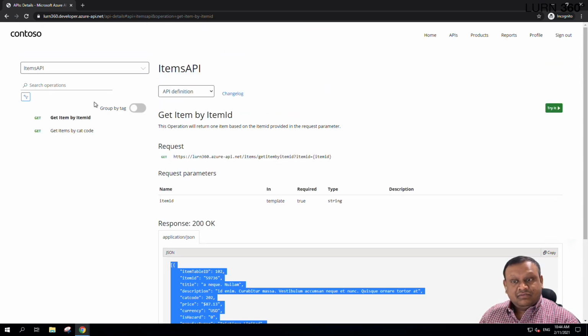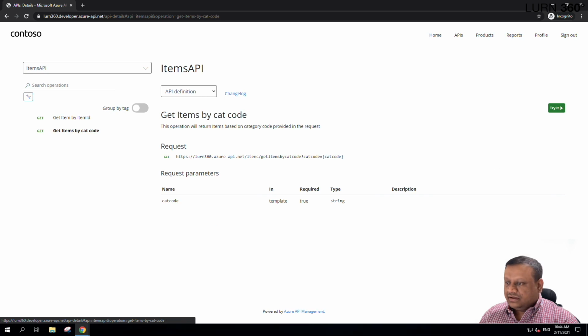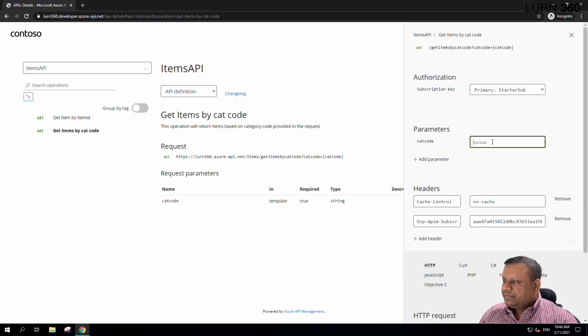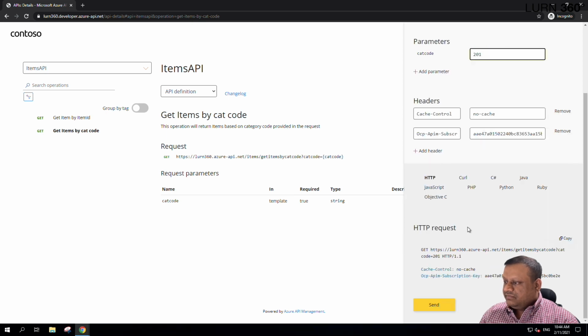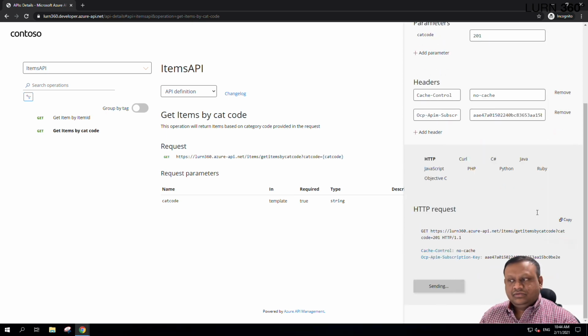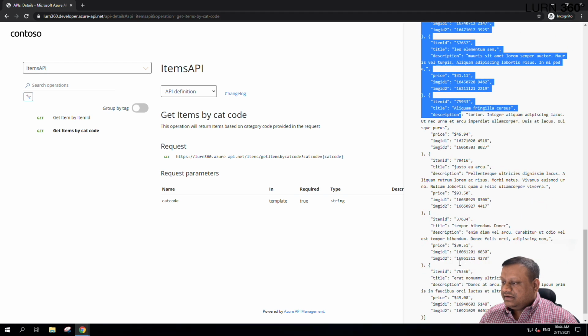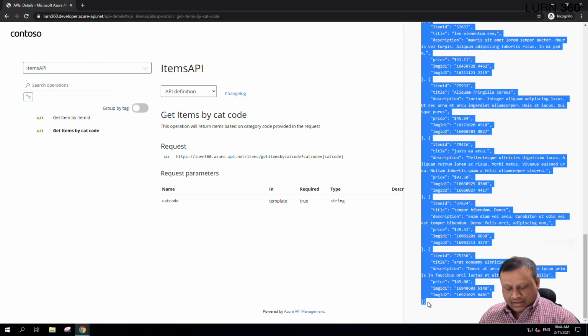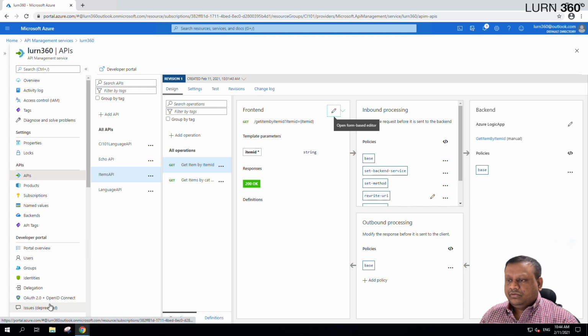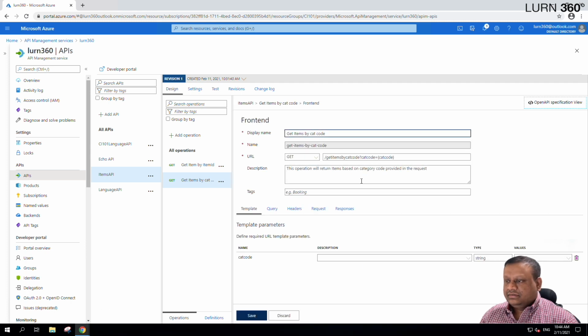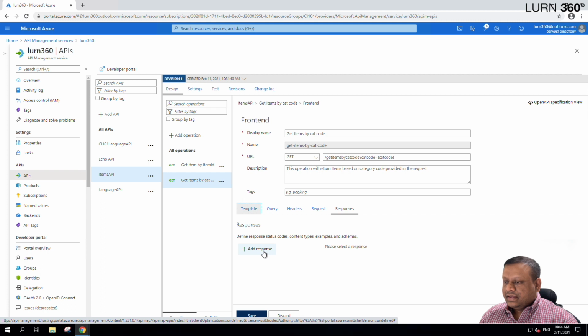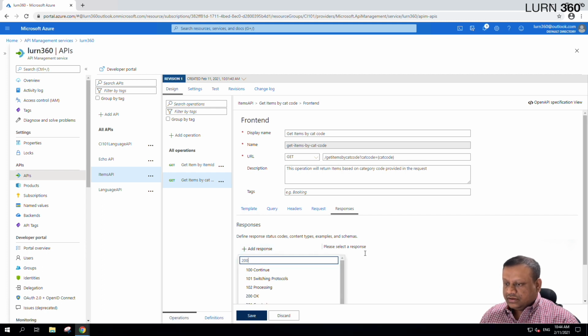Let's do the same thing with the category code API as well, right? Let's find the sample output and then we'll use that output to show that to the developers. There we go. So let's go ahead and copy this entire output here. Okay, let's copy that. Let's go back to the admin portal, select the second operation and let's edit the front end, right? Let's go to the responses, add a response 200 OK,